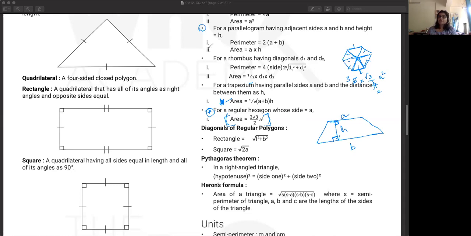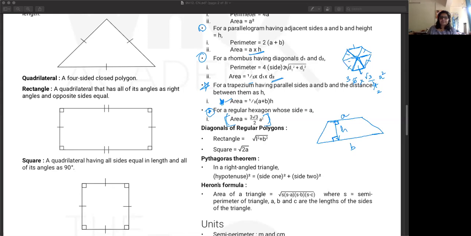Parallelogram and rhombus: out of a set of 20 questions, you may get just one question, if at all, on either parallelogram or rhombus. So if you want to do 100% of the chapter, then you have to learn it. But otherwise, the probability of getting a question is a little lower compared to trapezium and your usual triangle, rectangle, square. You should learn it, but if you get 5-6 problems on trapezium or triangle, then on parallelogram and rhombus you'll get 1-2 problems.